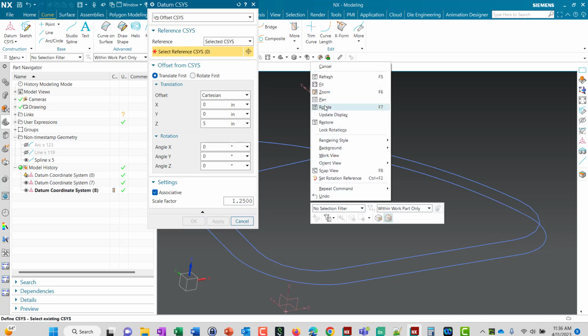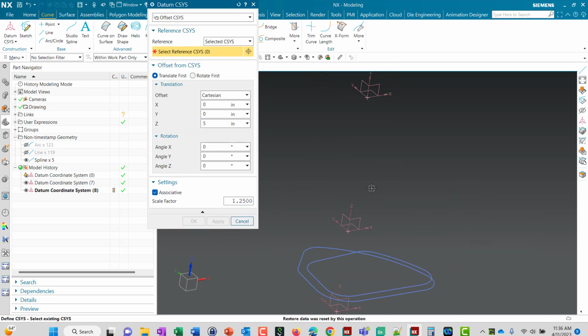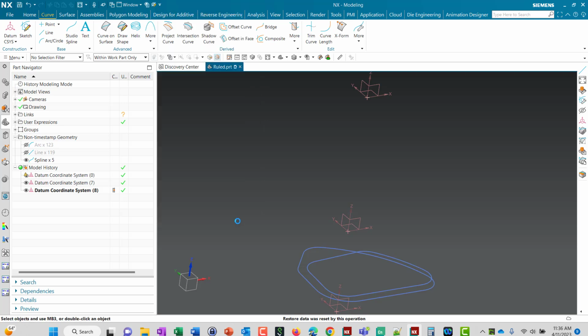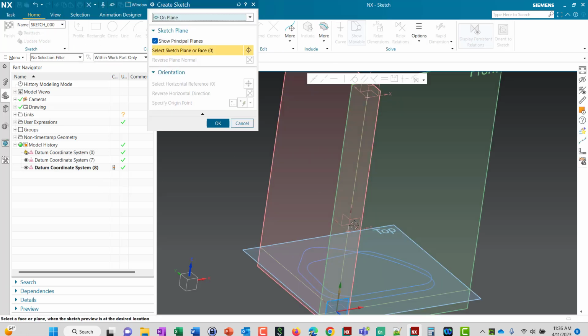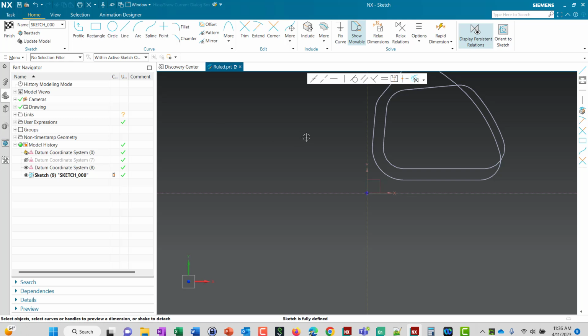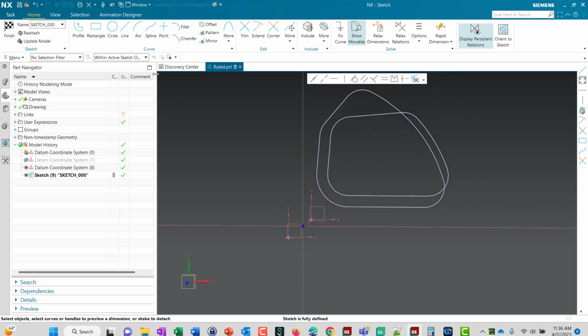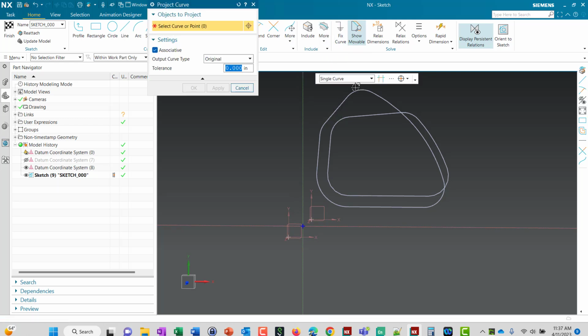And if we do a fit, now we have our two datum CSYSs. So the next thing we're going to do is create a sketch. So if we go into our sketch tool and we want to select this face, and we'll accept it, we'll hit OK. And then what we want to do is project the larger sketch, 2D wireframe basically, to the sketch,